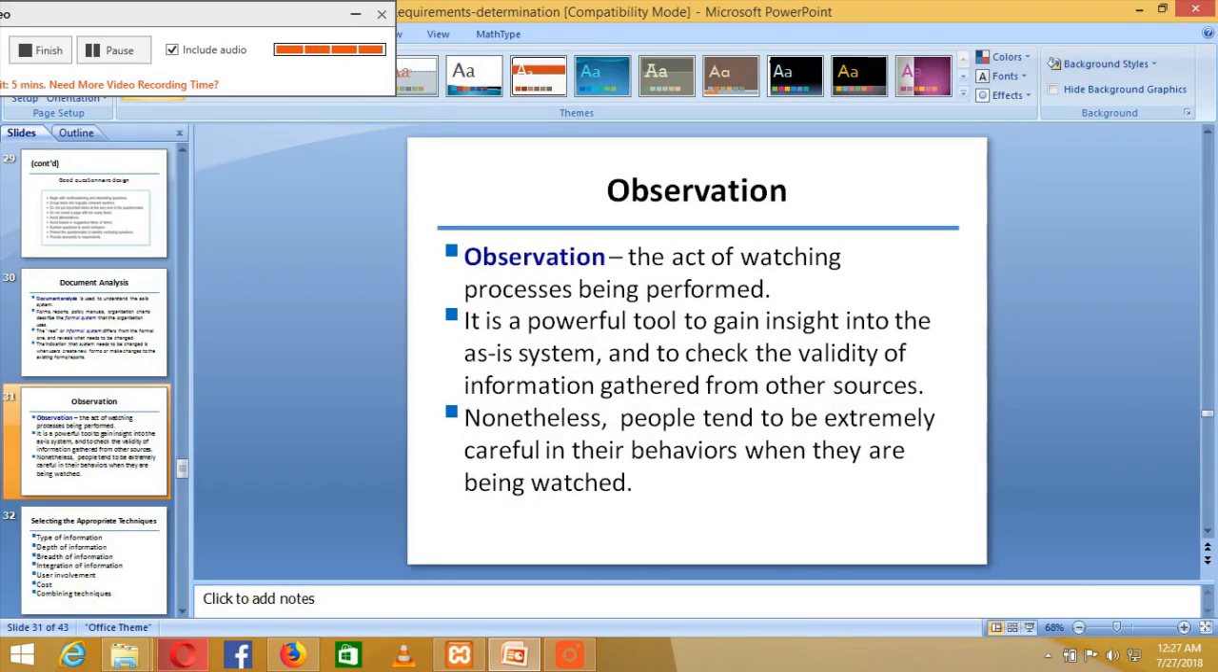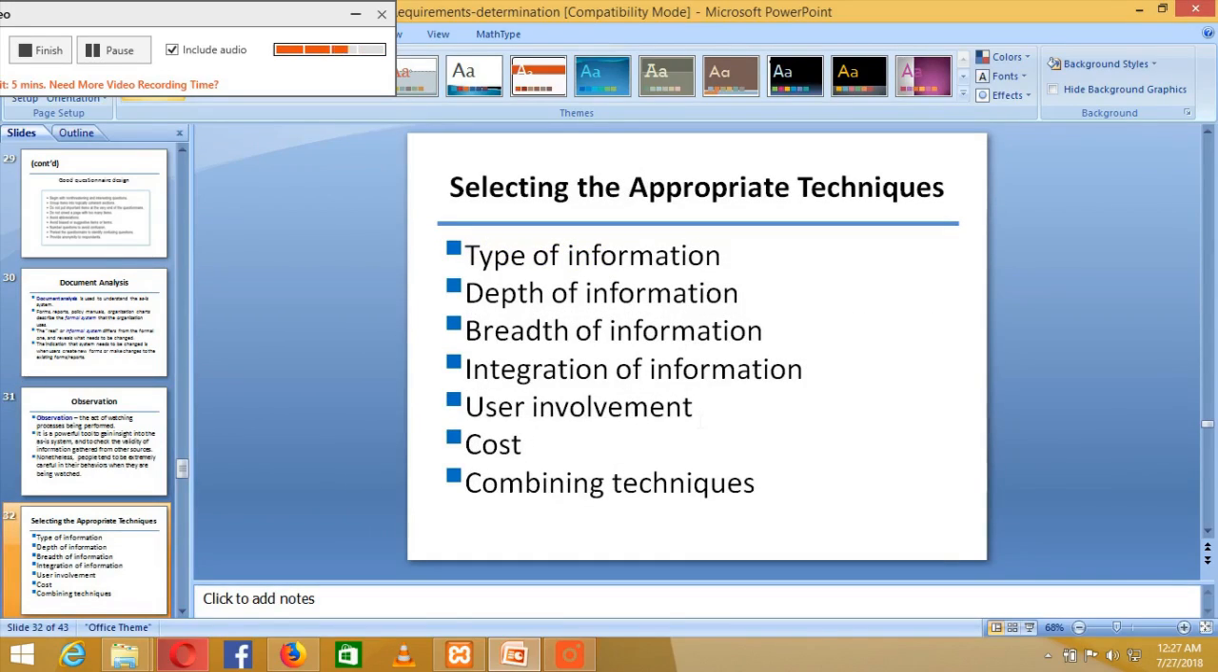We have observation. This involves you as the analyst going there to actually see how the current system operates, how the current system is running. Then you determine the requirements, but it still has some difficulties or problems, because the people who are working there will tend not to do it properly. That's one of the biggest problems facing observation. After knowing this, I've already said appropriate techniques, how this type of information you need to know requirements and